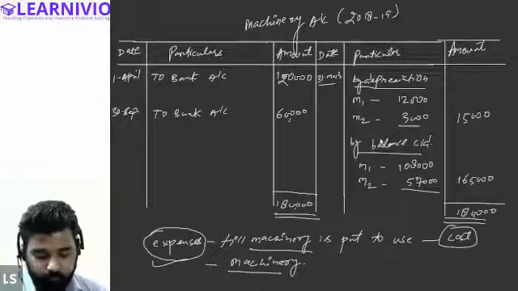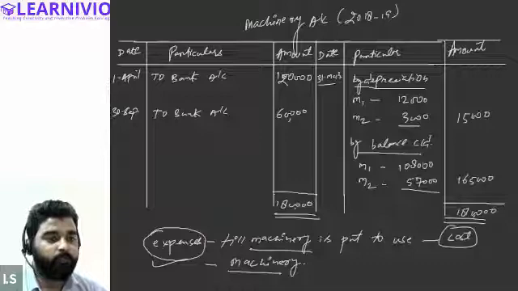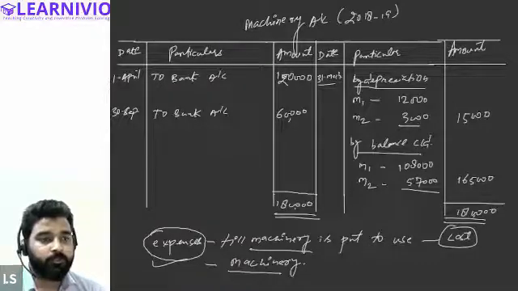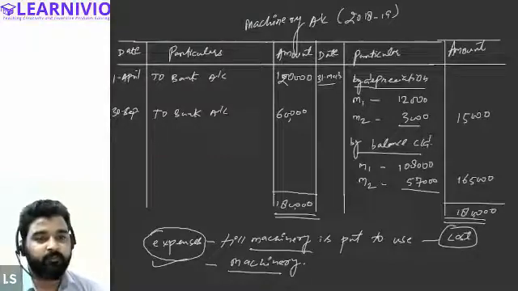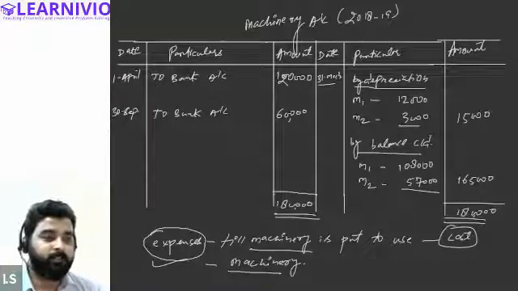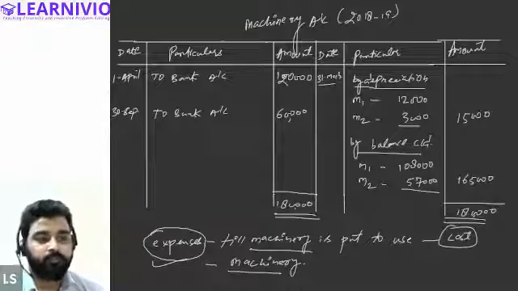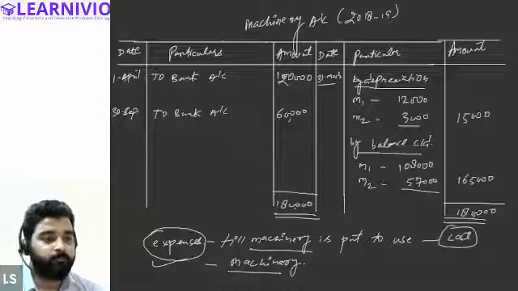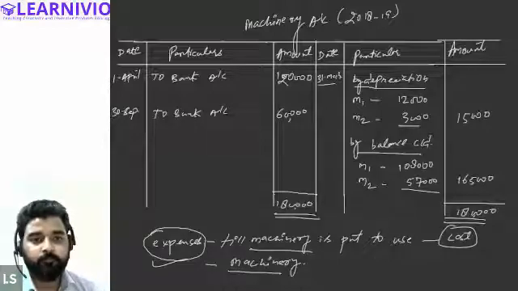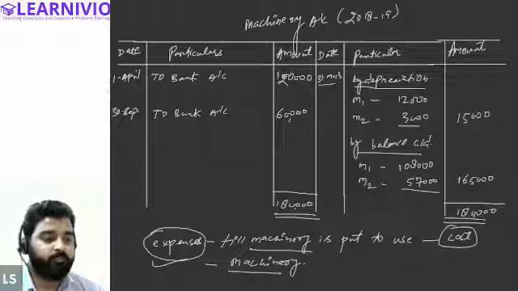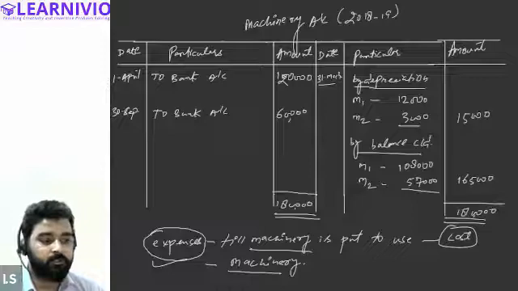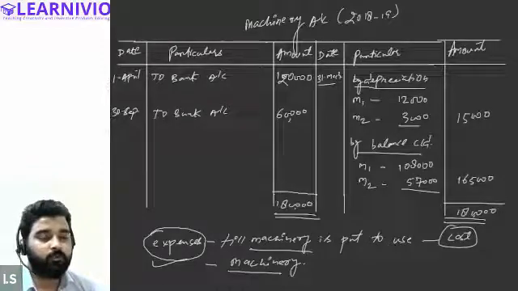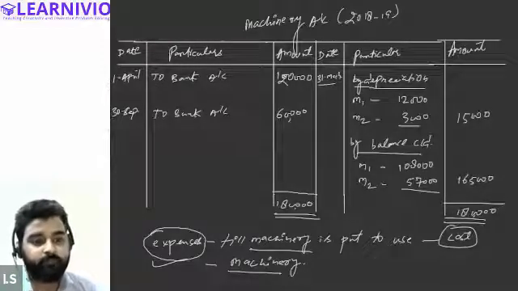Okay. I hope everything that we have done in the class is clear to all of you. So I'll be sharing an assignment based on depreciation. That will be a level 1 assignment. Level 1 indicates the questions will be easy. So I hope you will solve those questions and send me the solution in PDF form. I need those assignments by Saturday. As tomorrow is a holiday, you can solve those questions and send me the PDF by Saturday. All right.